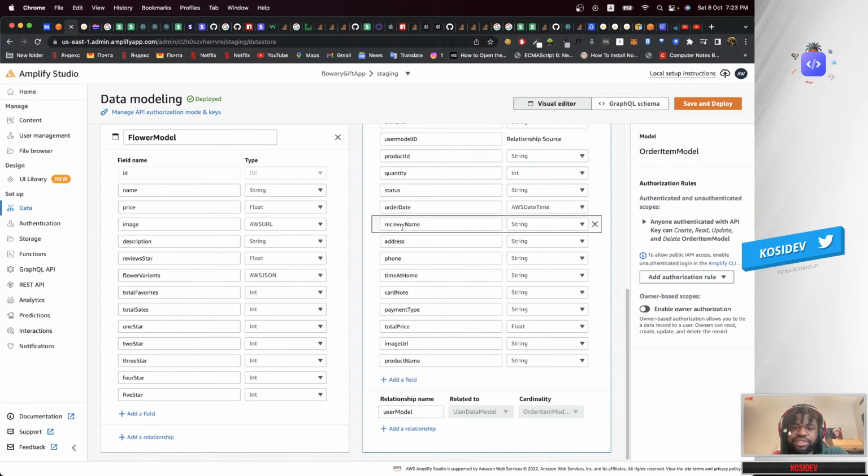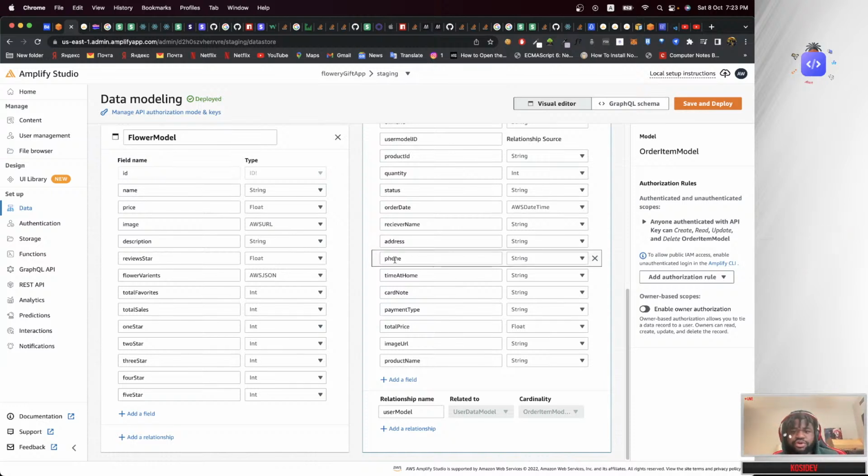And again, we have the receiver name. So the receiver name is basically who is receiving this order. So who is this order going to? And the address, basically which location should we deliver this order to? Let's say the user is living in Dubai or any other Emirate or somewhere else. So we allow the user to put their location here so that we can send a dispatch, a delivery personnel, to actually deliver this product to the person.